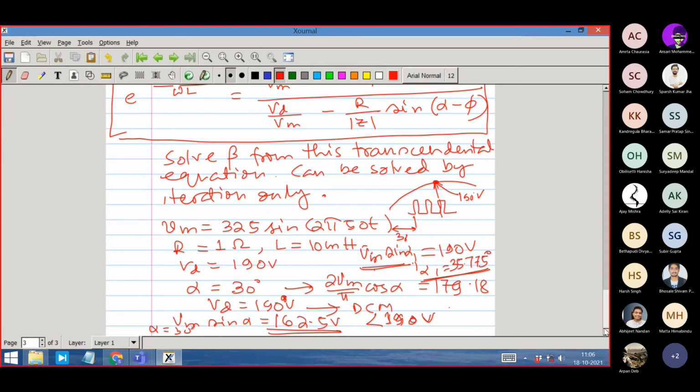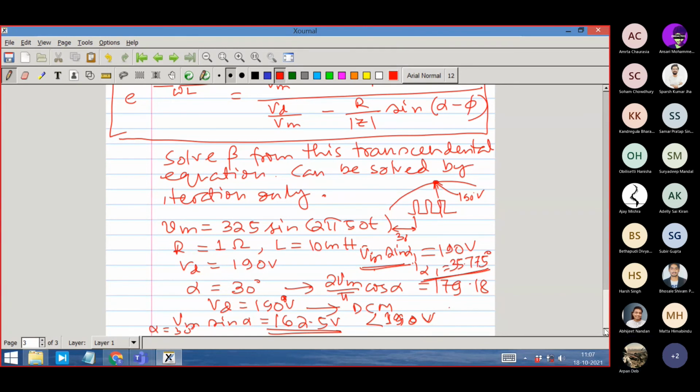I don't know whether your calculator can solve this transcendental equation or not. If it cannot solve it, then you have to do it iteratively. But don't worry about too much accuracy. Any solution which is within 10% accurate is correct in this case. Student: Sir, we can draw the graphs of the two equations, the left hand side and the right hand side, and the point at which they intersect will give us the solution.